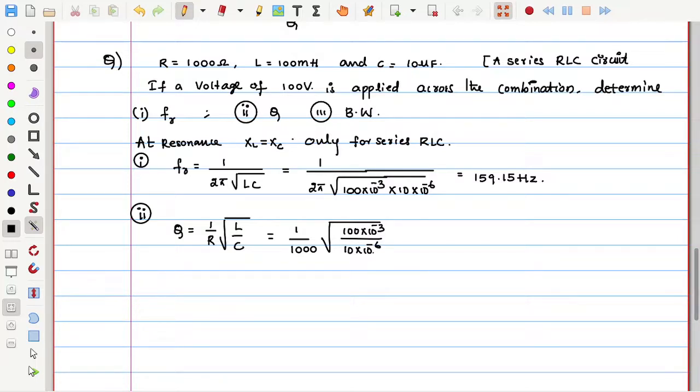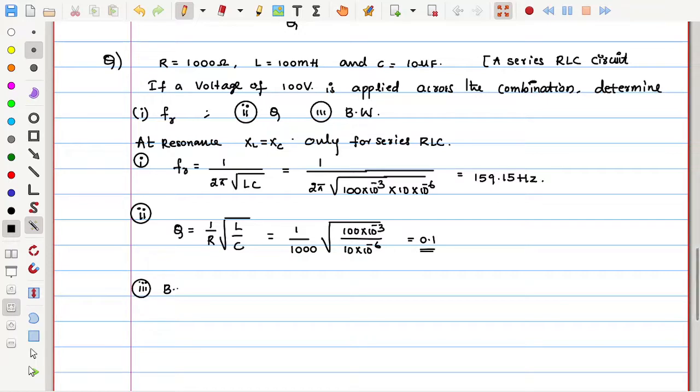Just check how much we will get. 100 into 10 power minus 3 by 10 into 10 power minus 6. So square root of the answer divided by 1000. So this is 1 by 10, which is equal to 0.1. Quality factor does not have any units. So it is 0.1. So the third one is